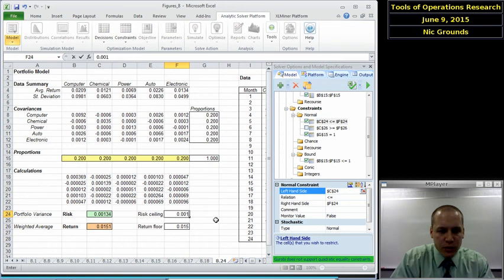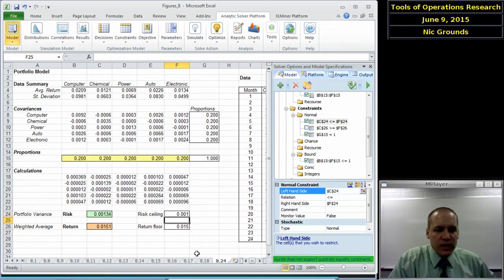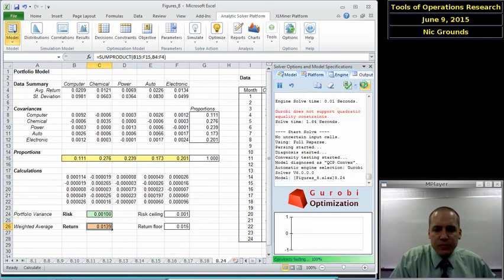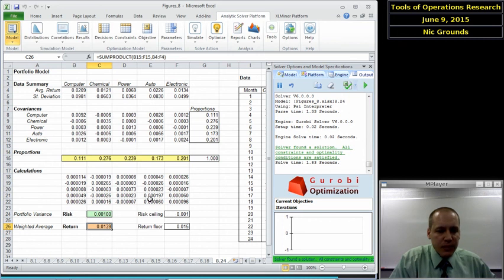So let's try, we're going to do 0.1% highest risk. What's the best mix of investments to get the highest return? So let's try that. There we go. It found that the optimal proportions were to invest the most in chemical, followed by power, followed by electronic, followed by auto, followed by computer, to get a risk of 0.1%, just like we wanted, the highest risk we would accept, for the best return it could get,